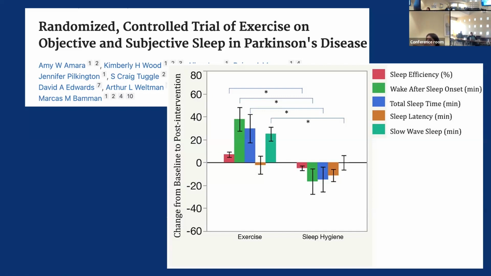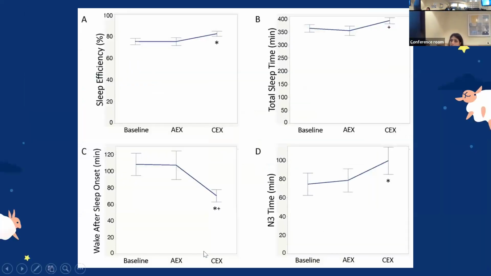And then they also looked at acute and chronic exercise. So the AEX is acute exercise versus chronic exercise here. They did 3 PSGs: at baseline, post-intervention on an exercise night, and then post-intervention on a non-exercise night. It actually showed that chronic exercise improves sleep efficiency more than acute, total sleep time as well, slow wave sleep, and then wake after sleep onset went down with chronic. So that's the same study. So maybe just a misrepresentation by the editor.